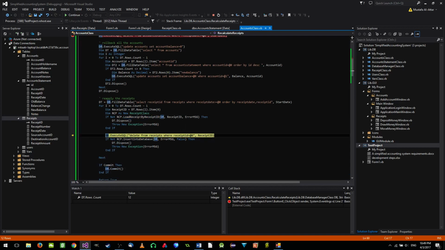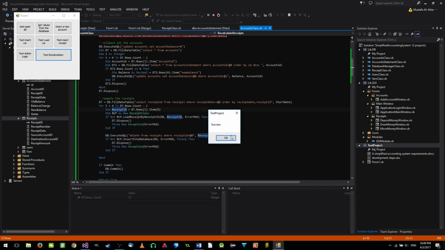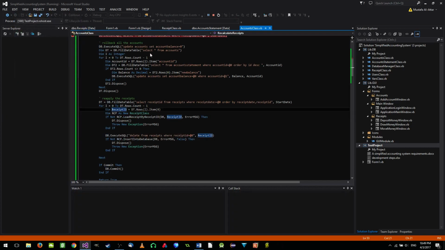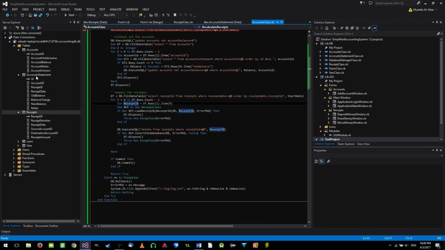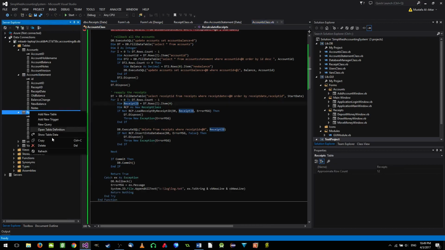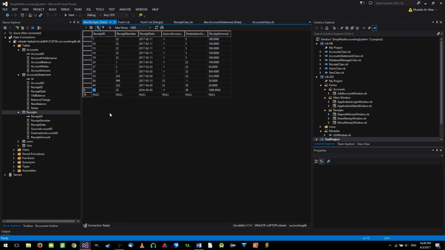Now we will delete the receipt with ID 43, and a new one will be inserted instead. But all will be updated accordingly. And the next one will work. And so on and so forth, and we finish everything and success. So it should work. Now let us have a look at the account statement. First, let's have a look at the receipts. Now the IDs,